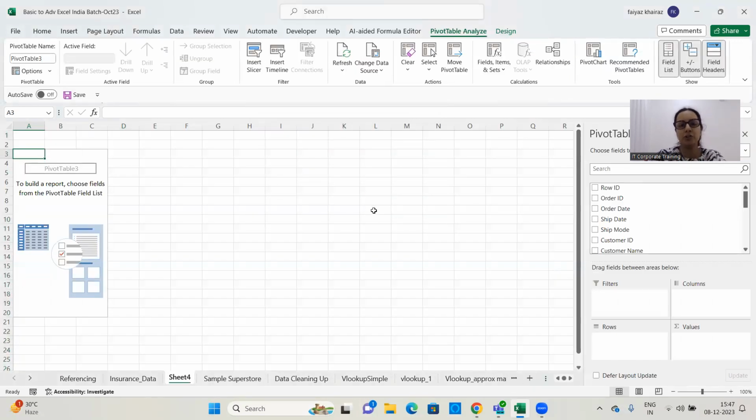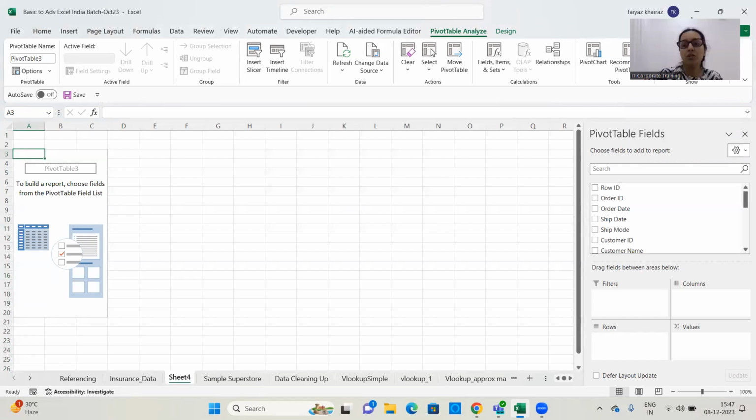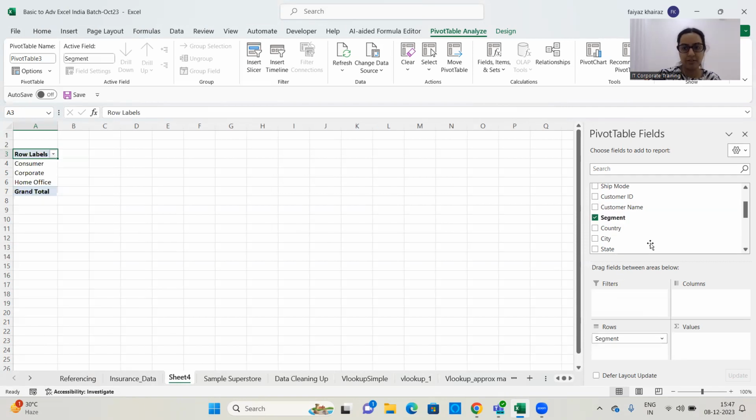And here you have your new worksheet where your pivot table has been created. Now, the items in the row shelf, the items in the column shelf, and the items in the value shelf will remain the same. So first I'm going to put the segment in the row shelf. Then I'm going to take a numeric value like the sales and put it in the